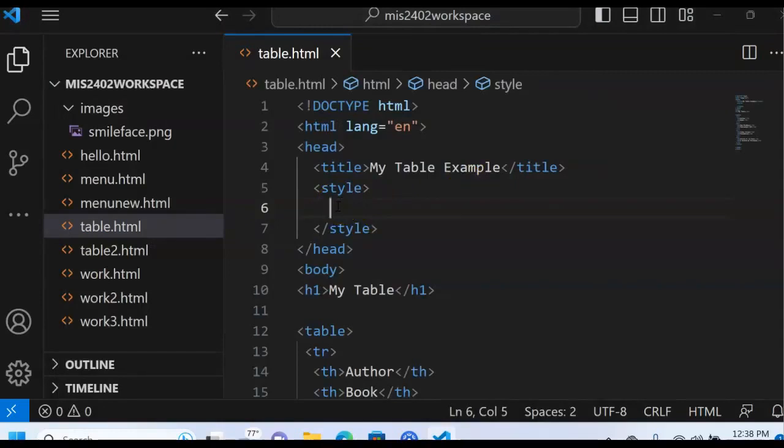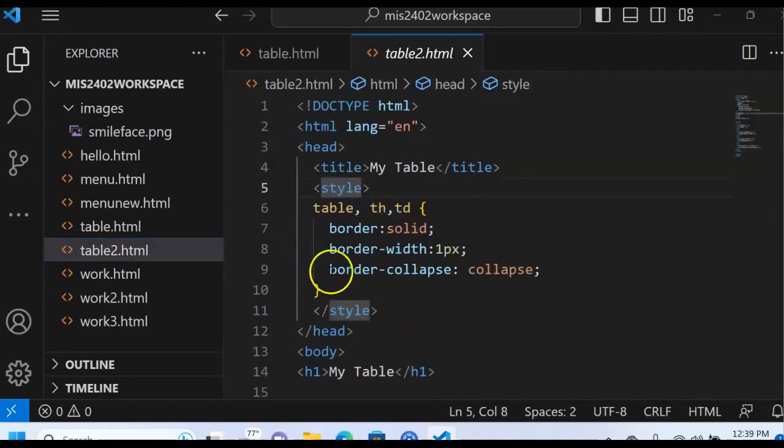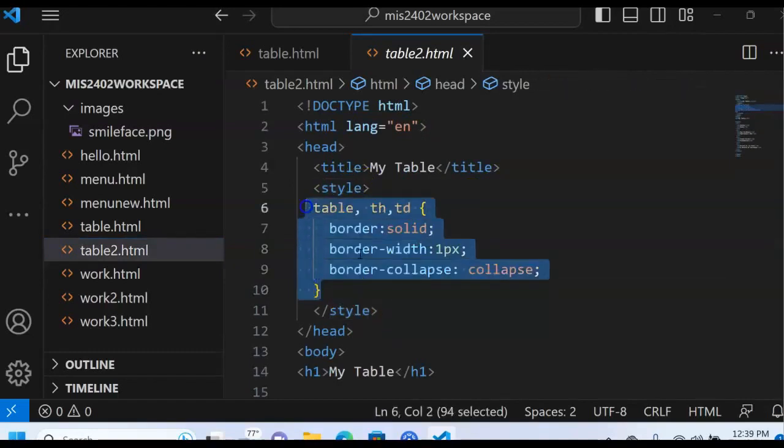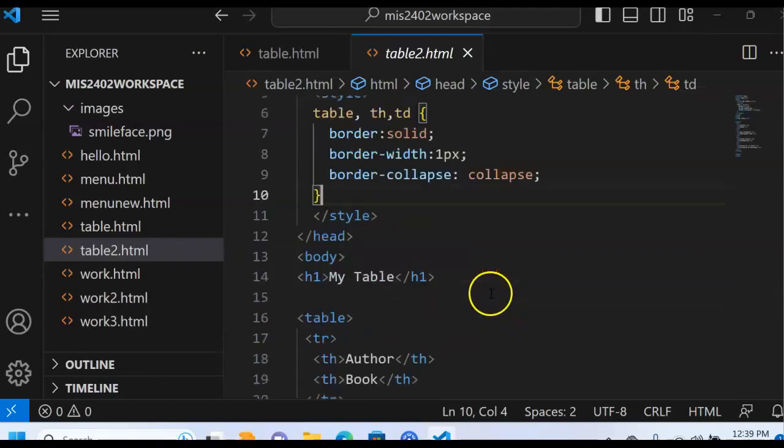Now, you don't know what those instructions are yet. So in anticipation of this, I created my table 2. And here is an example of something you might see inside of the style tag. And you can see that it's a completely different syntax. It's got a different color coding. That's because CSS is a language all unto itself. And all these commands mean